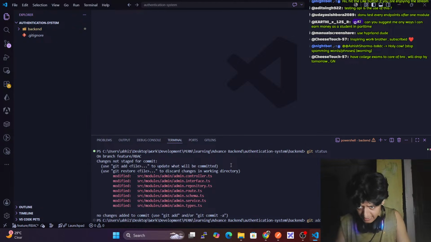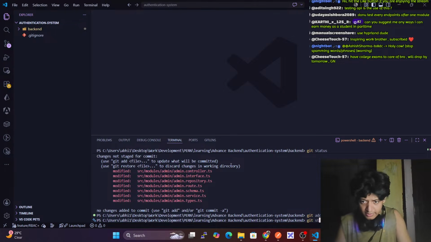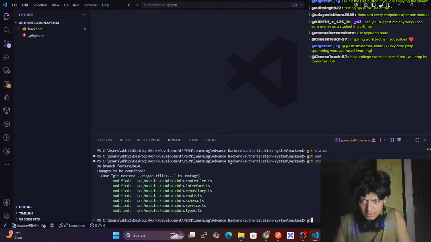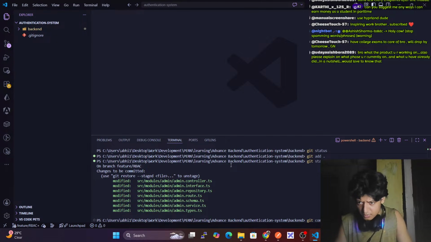Git add. Git status. Git commit -m, completed the remove role from user endpoint